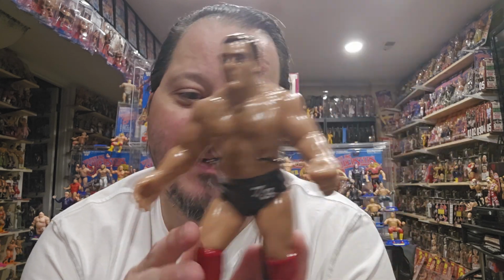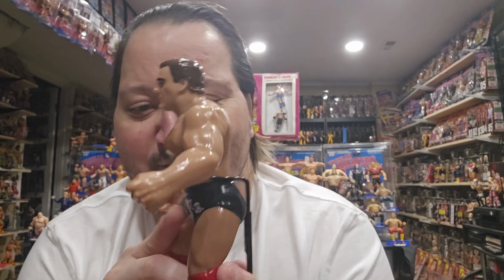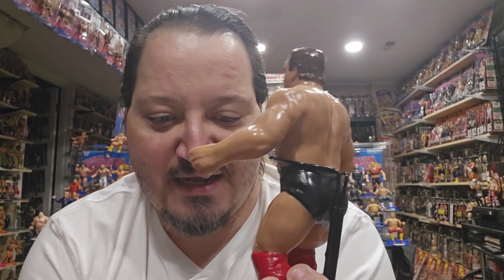It's not a bad figure at all. I used to say that this might have been on my top 5 least favorite figures. I don't know if I could say that anymore. And I've always said, certain things that I used to appreciate, I probably would not appreciate as much in the future. A lot of things that I probably didn't appreciate in the past, over time, especially with enough focus on it, enough of a review, enough time looking at it, enough time talking about it, you will start to look at certain aspects of the figure, and there are certain things about it that you're going to enjoy, and suddenly a figure that you may have felt...